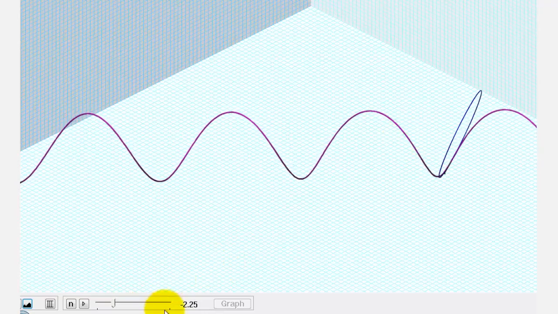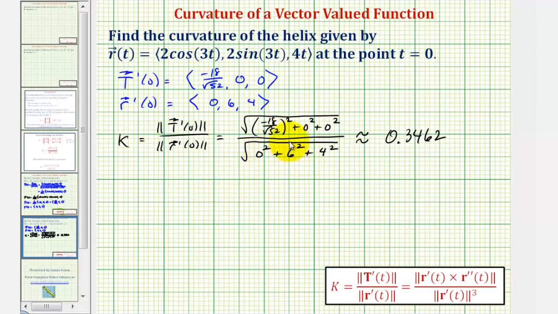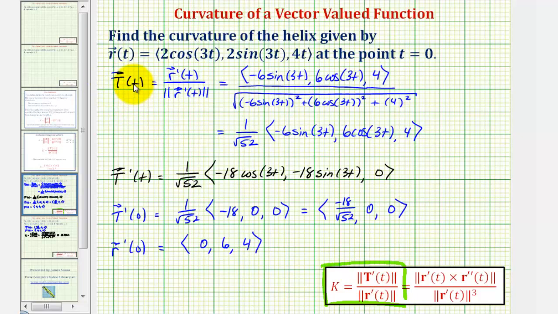I do want to go back to our work just for a moment. One of the main reasons this process was fairly straightforward using this formula for curvature was because when we found the unit tangent vector valued function here, the magnitude of r prime of t here simplified very nicely. If it didn't simplify so nicely, and we had functions of t underneath the square root, it would have made determining T prime of t much more difficult. We would have had to apply the quotient rule in order to find the derivative of this vector valued function. But because it simplified so nicely, this was pretty straightforward. And again, our curvature was approximately